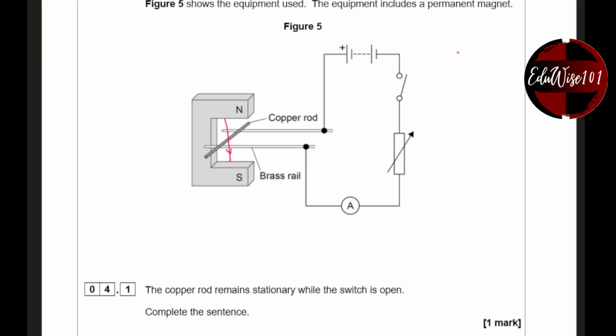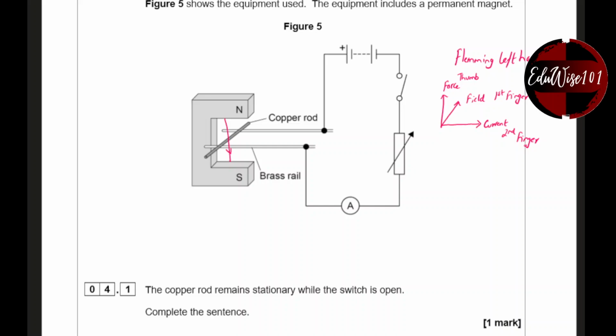So Fleming's left hand rule states that if I draw the diagram, right, force, the magnetic field, and the current, that's your thumb, first finger, and your second finger. Now